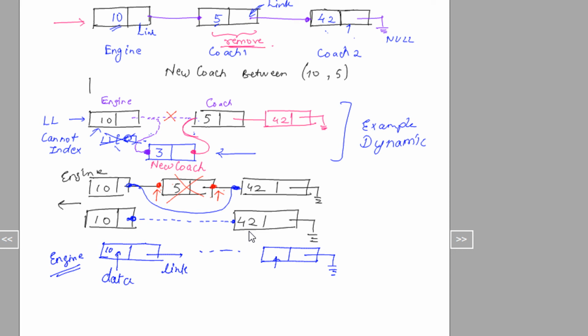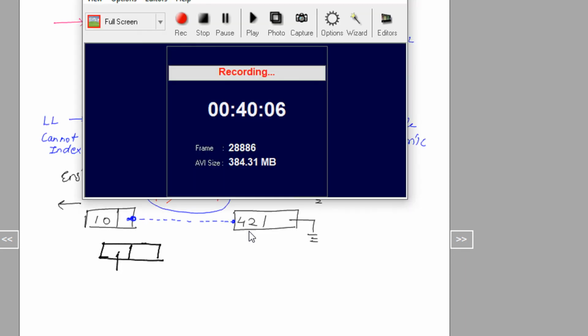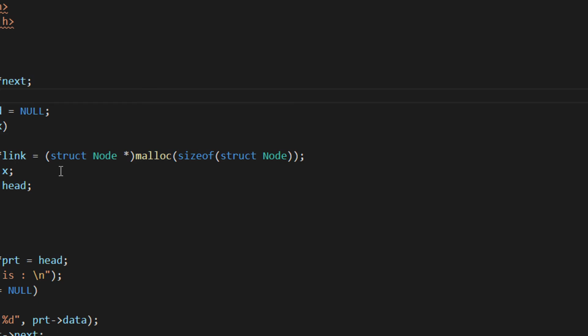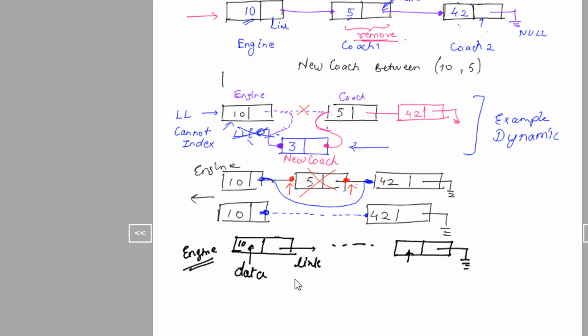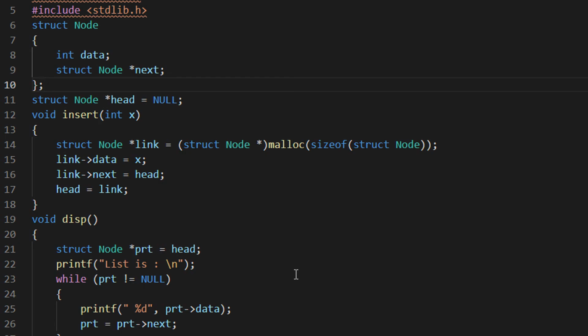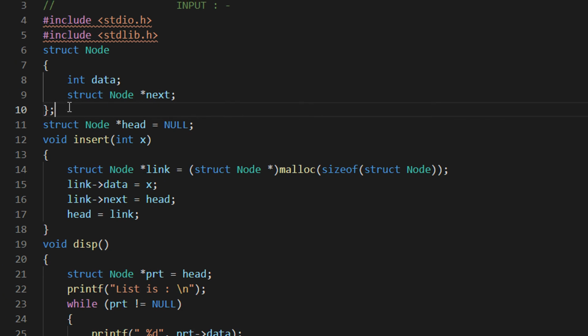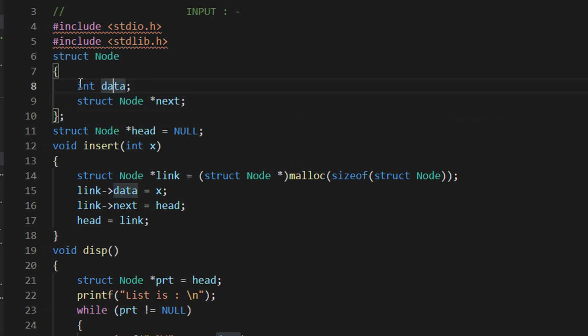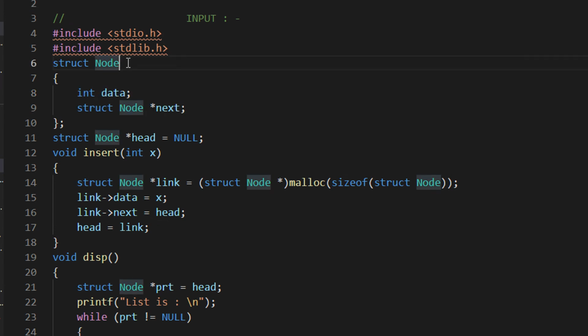If you see in a goods train, we usually have only one engine. Of course, in some cases there are double powered engines, but we just say that there is only one engine at the front of it, right? Now let me show you how it connects to the linked list example. As you can see, we need a particular structure which has a data and also a link along with it, right? So we have to create a structure now. Why structure? Because we need something which has a data and which has a pointer. So you can see that structure node is there.